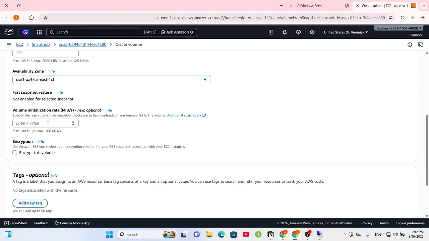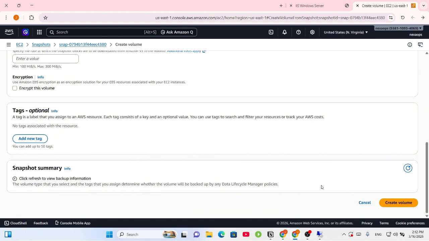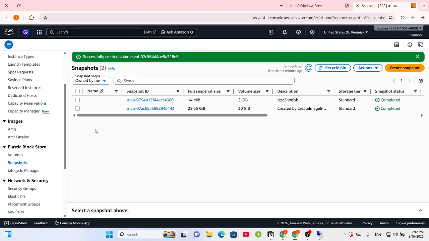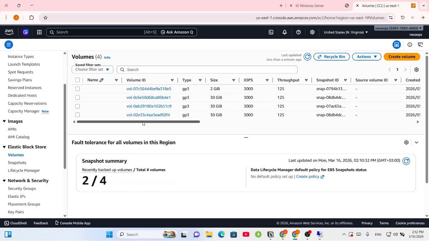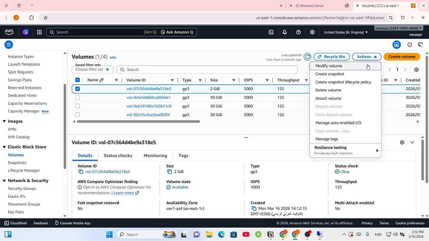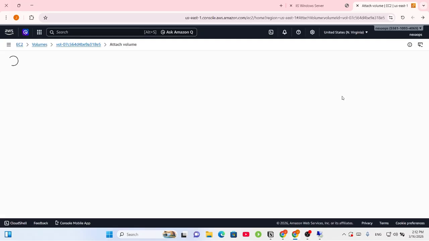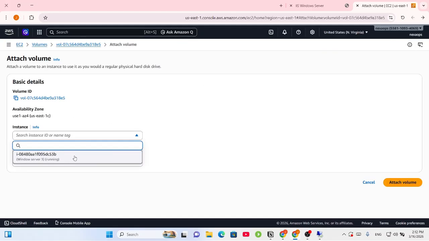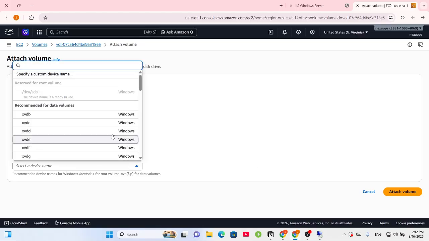It has to be the same. Now let's create the volume. The volume is created. You can go to volumes here. It's available now. Just click the volume and attach the volume to our server,